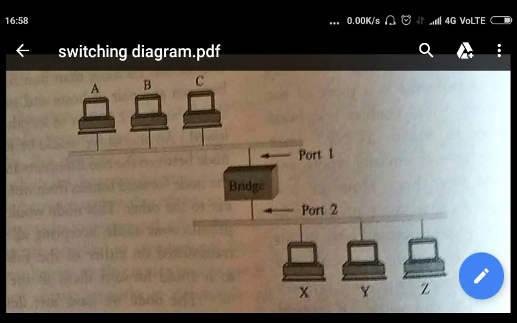All the nodes connected on this Ethernet segment, X, Y, Z and all, are going to receive it. The node whose address matches is going to accept it, and the others are simply going to discard it. That's why bridges forward all broadcast frames, while it is reasonable for all the hosts within a limited setting to see each other's broadcasted messages.